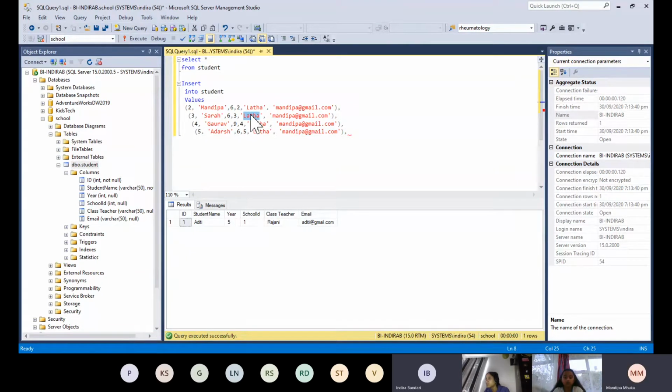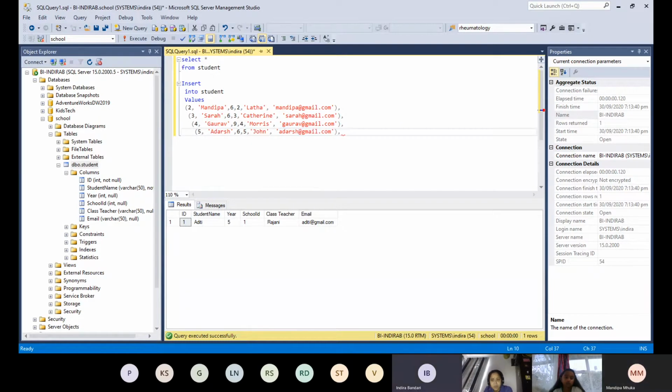So let's say Miss Catherine is 1. I'm just thinking of some names here. So maybe John is another one. Okay. And here Sarah. And here Gaurav. Adarsh.